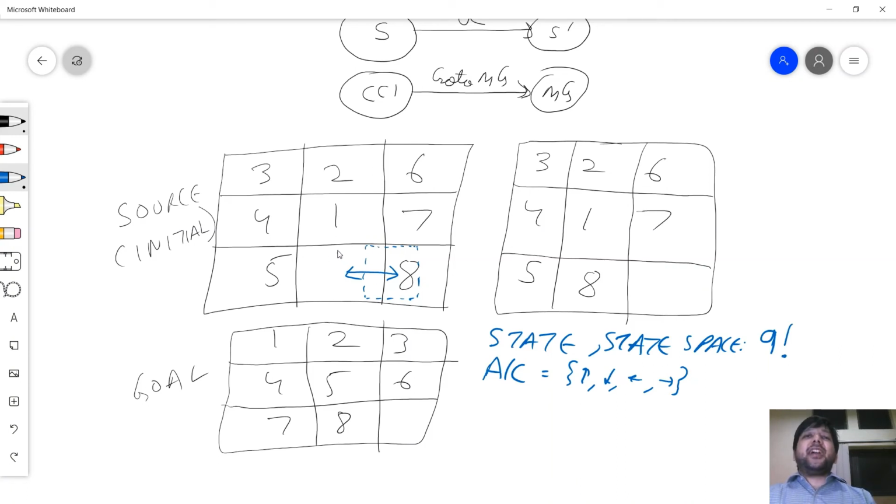I can move 1 around over here, but I cannot move anything from here around over here. That's not allowed. Here, I can either move 7 here or 8 here. I cannot move anything from here to here. I cannot move anything from here to here. That's what's feasible actions. The branching factor is